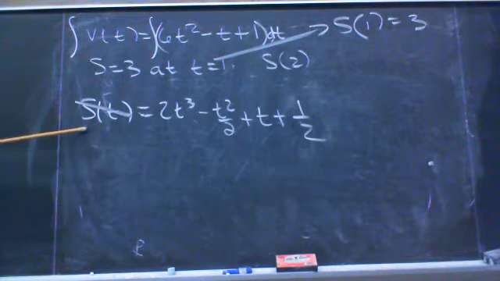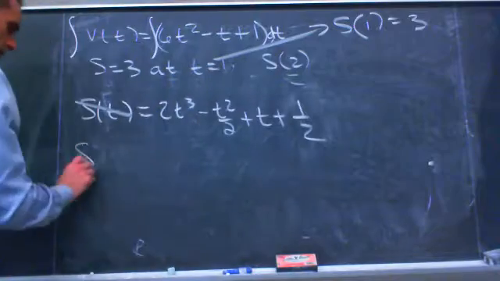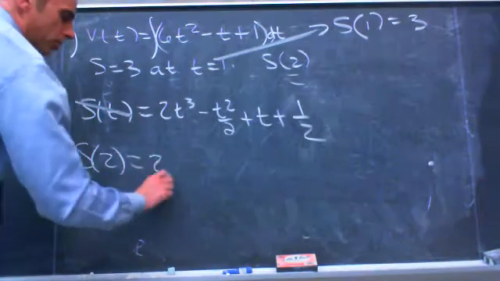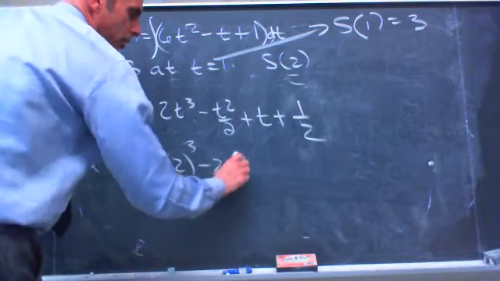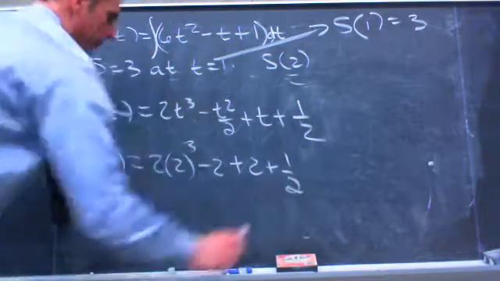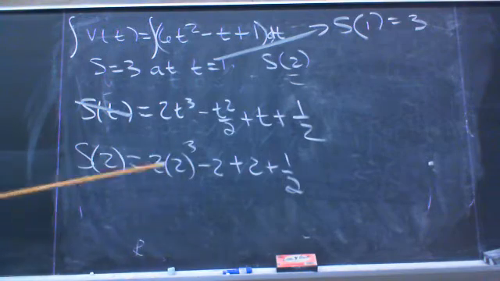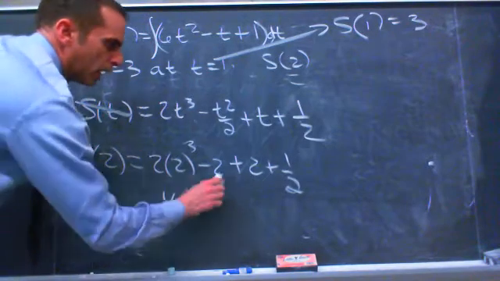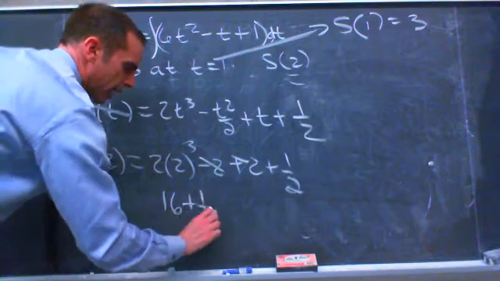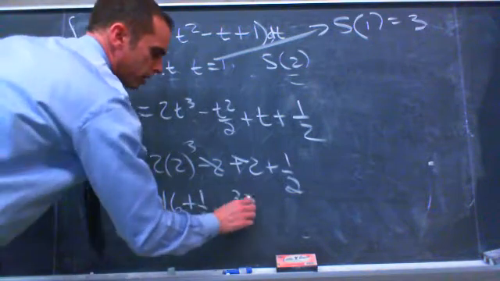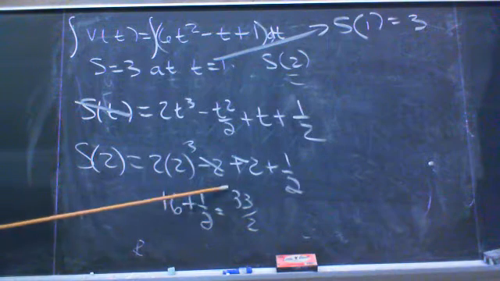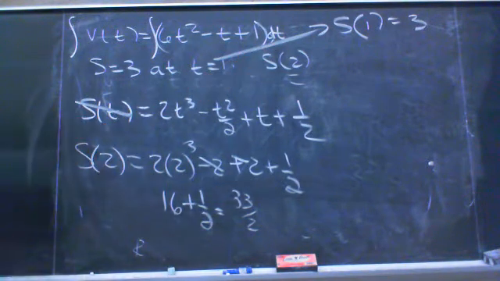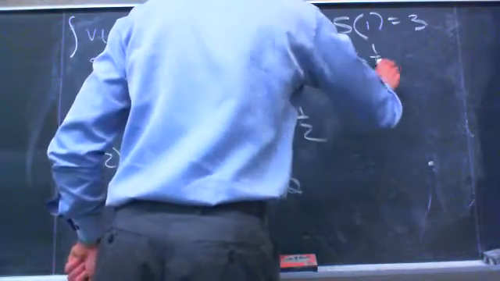So the particular position function is this. I can find s at 2 by replacing t with 2. 2 squared is 4 over 2 is 2. 2 cubed is 8 times 2 is 16. This is gone, plus a half. 32 and 1 is 33 halves. So that means that the position of the particle at time t equals 2 is 16 and a half units,